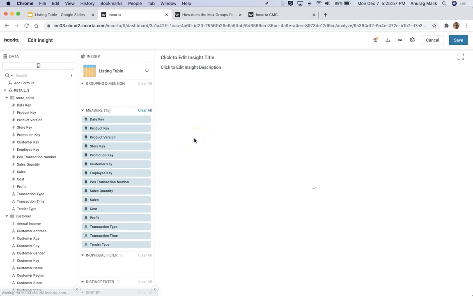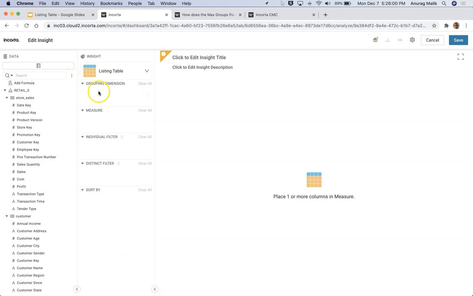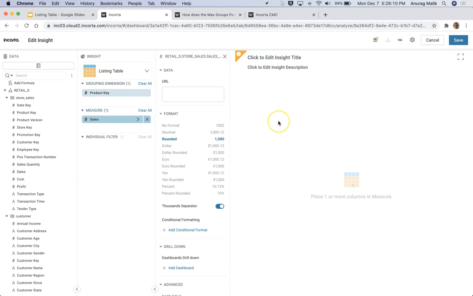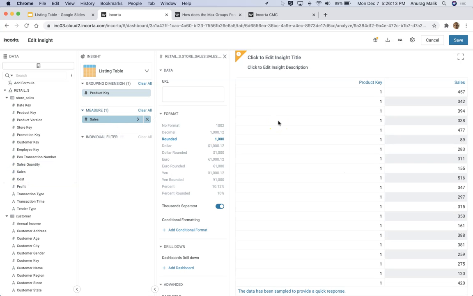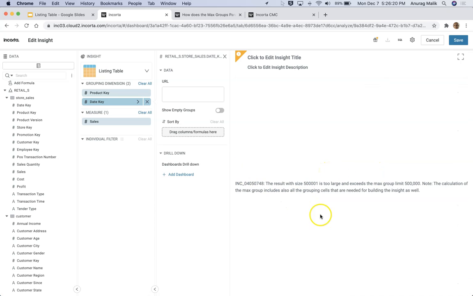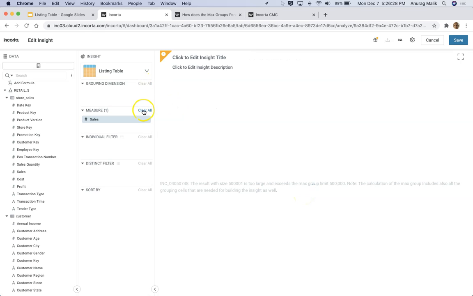Now, this problem becomes more severe especially when you're using grouping dimension. If you have any attribute which has a large number of unique values, then the performance is going to be really bad because max group setting has to be really high. Incorta requires more memory to process that data, and again, that's why I do not recommend using it like this. Either it's going to fail if you don't have the setting, or it's going to ask you to provide the setting, right? So again, unless you have some reason to use it this way, based on the look and feel of the table or whatever is the reason,